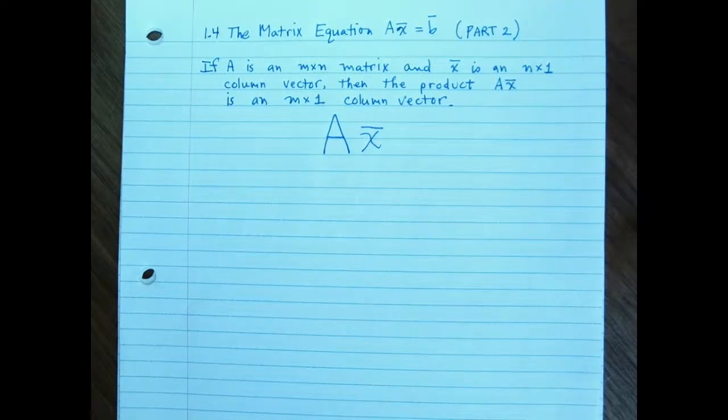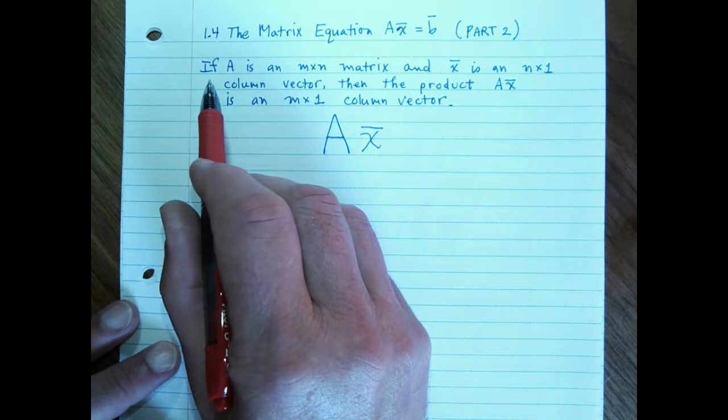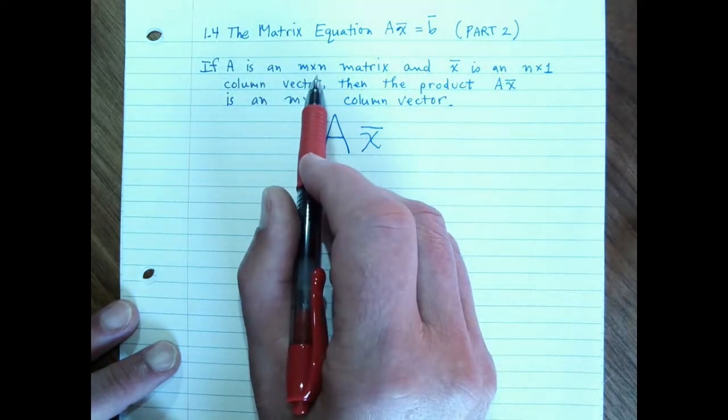This is part 2 of our lecture on section 1.4, the matrix equation AX equals B. And in this part, we're going to define exactly what that equation is, look at an example, and make some observations about what the meaning of AX equals B is. So to get started here, let's just state again that if A is an m by n